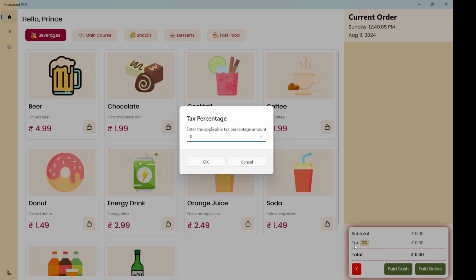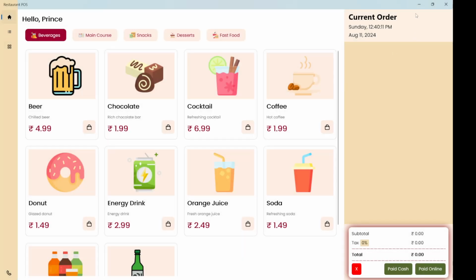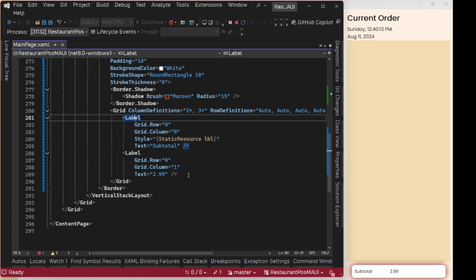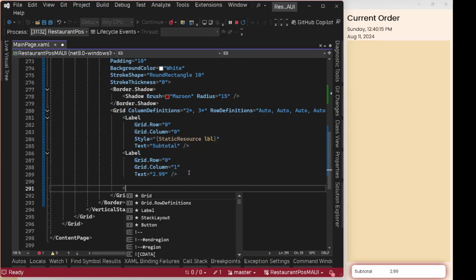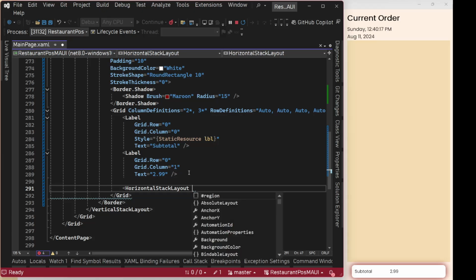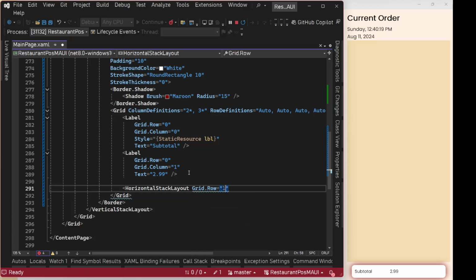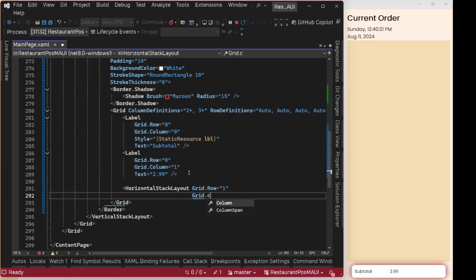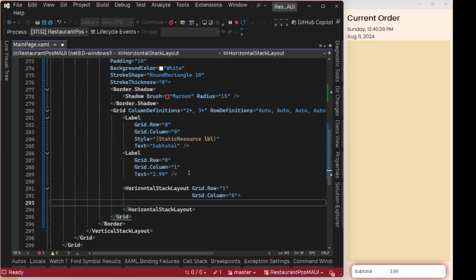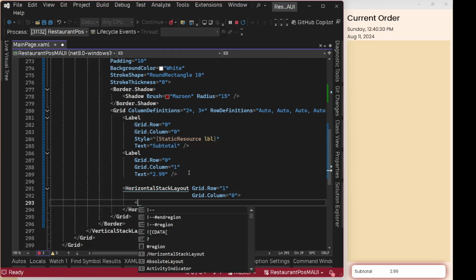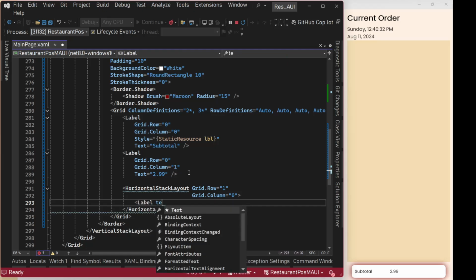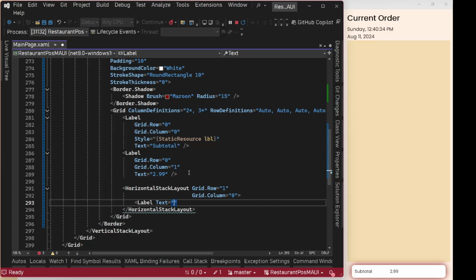We will have one label text and then another label with some different styling and tab gesture for that. Okay, let's do this. So for second row, we will have horizontal stack layout, grid.row 1 and grid.column 0. Okay, inside this we will have first label with text,